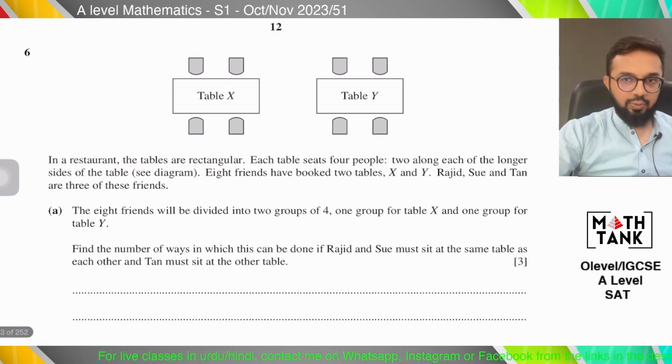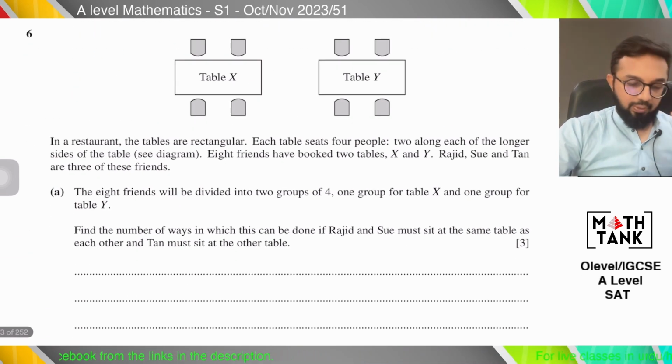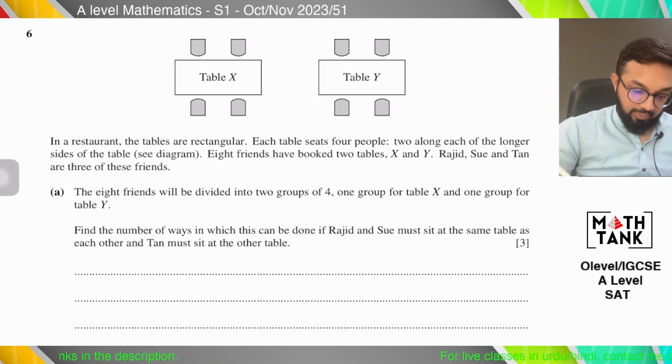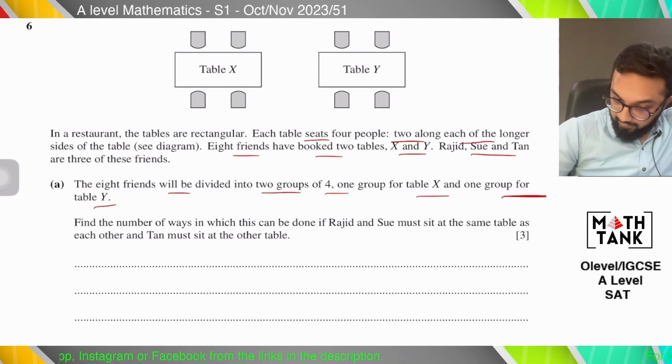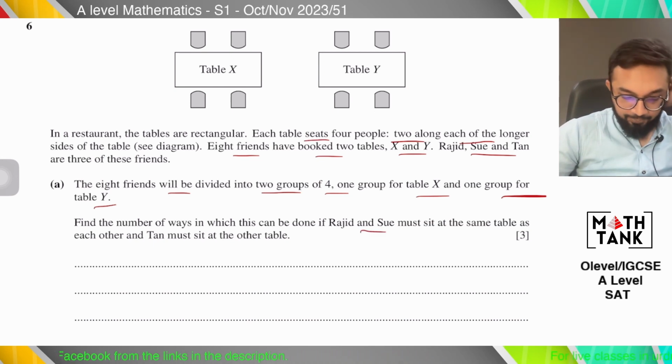This is permutations and combinations. Question 6. In a restaurant, tables are rectangular, two along each of the longer sides. 8 friends have booked 2 tables, X and Y. Rajat, Sue, and Tan are 3 of the friends. The 8 friends will be divided into 2 groups of 4, one group for table X, one group for table Y. Find the number of ways in which this can be done if Rajat and Sue must sit at the same table as each other, and Tan must sit at the